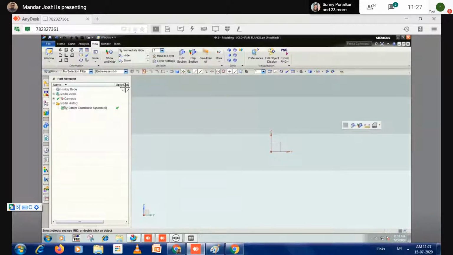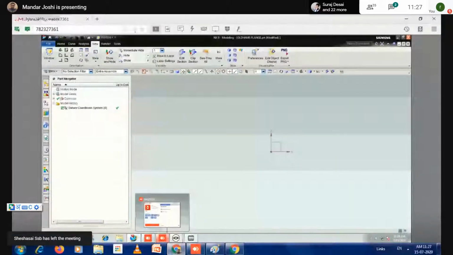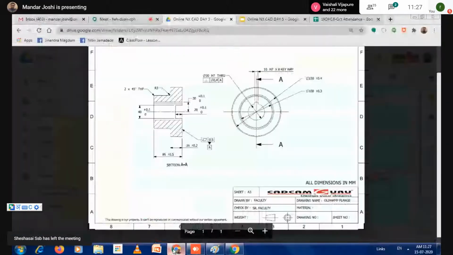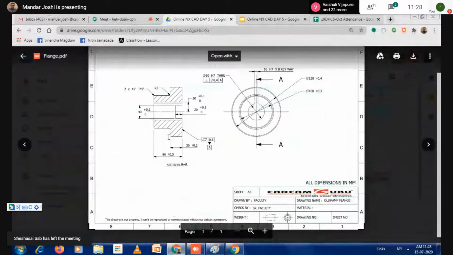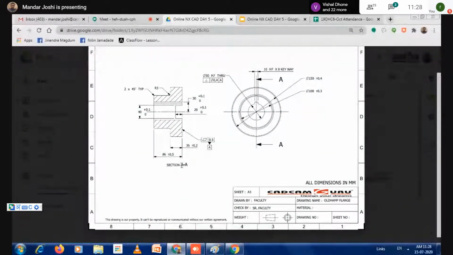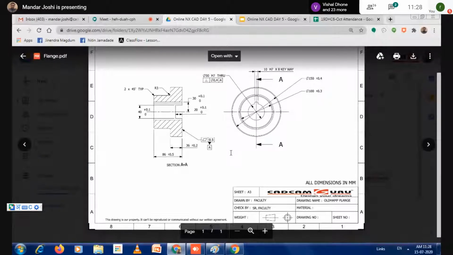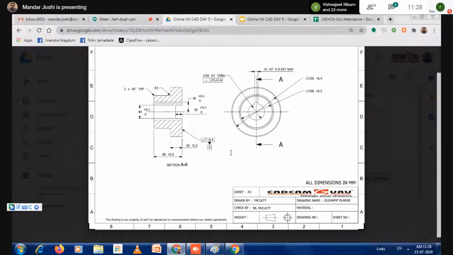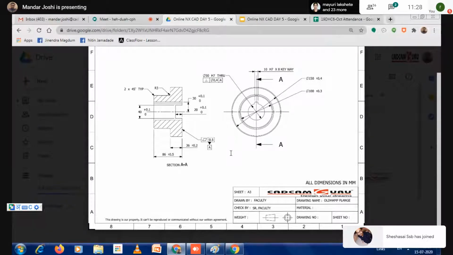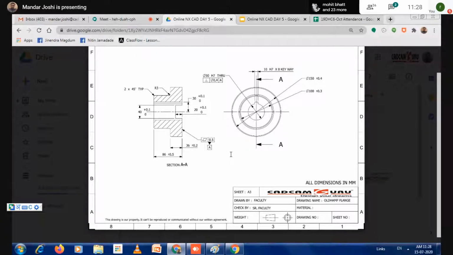Okay. So now I'm going to this drawing right now. Can you tell which one is front here and which one is side? There are two views, one is the left side, another is the right side, isn't it? So from these two views, you have to identify which one is front and which one is side.